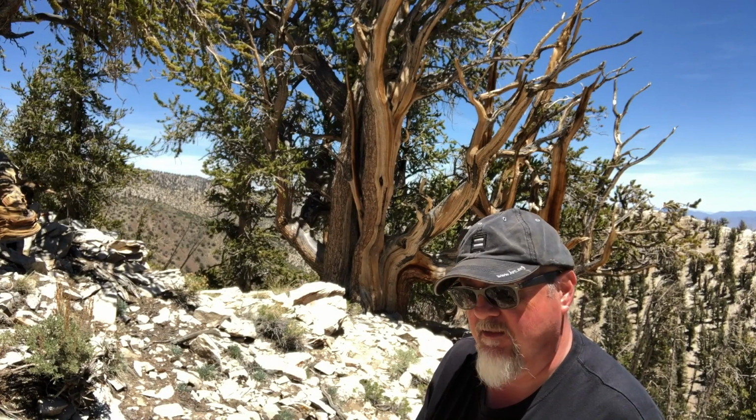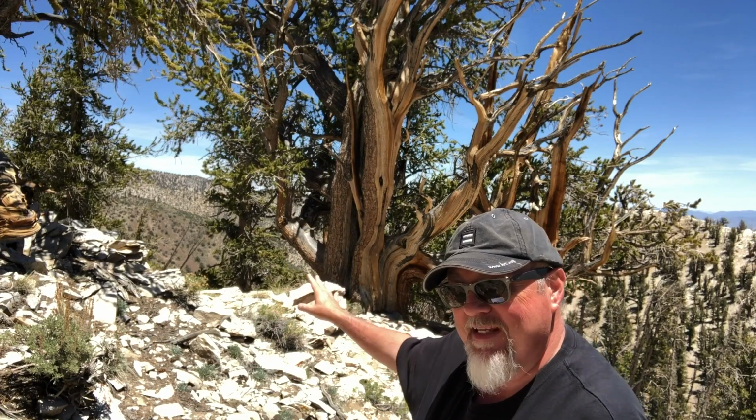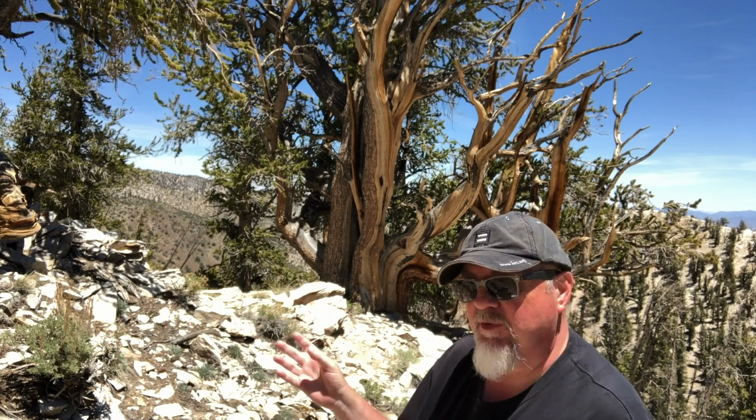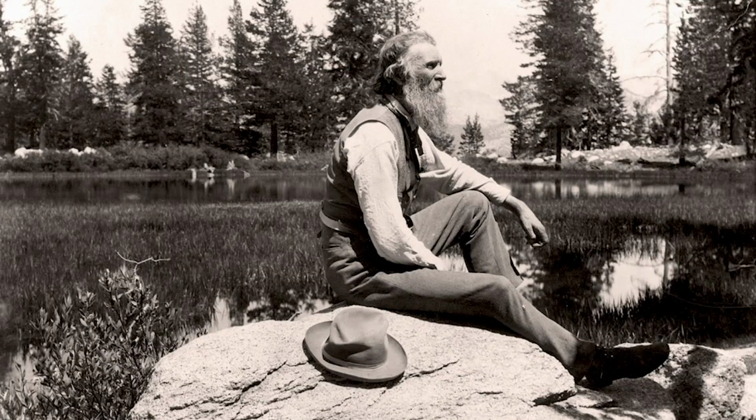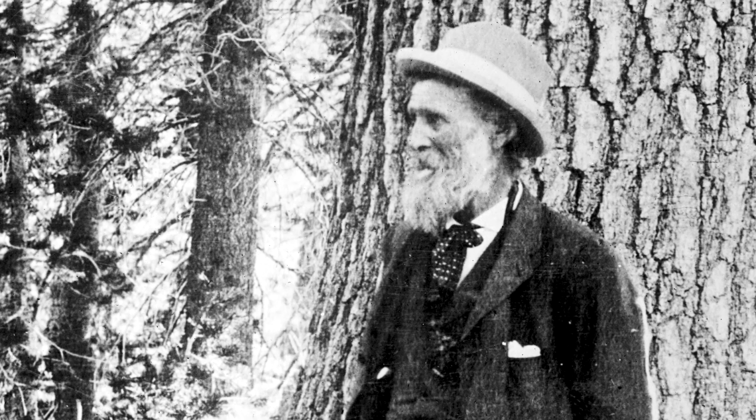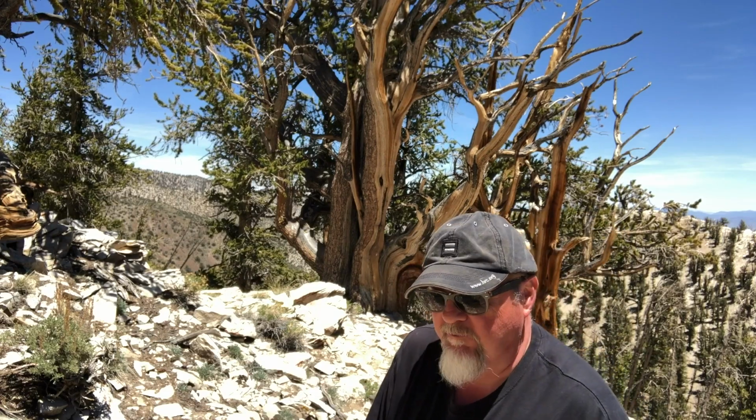Very hardy plants. Most people call these Great Basin bristlecone pines. They have some other names: Intermountain bristlecone pine, Western bristlecone pine. John Muir called them magnificent. John Muir stood in this forest and was amazed by the beauty he saw around him, as he did other things in the Sierra Mountains of California and Nevada. The bristlecone behind me